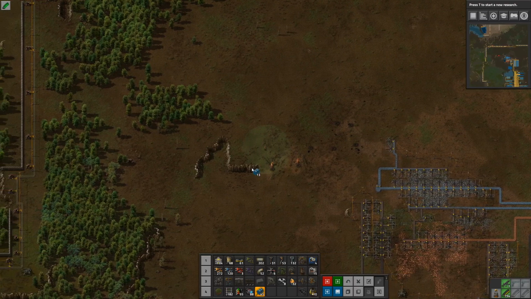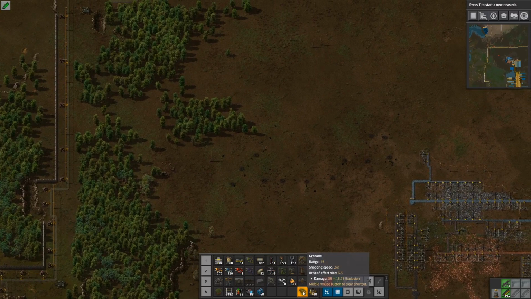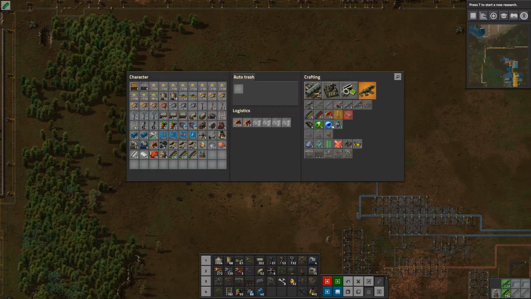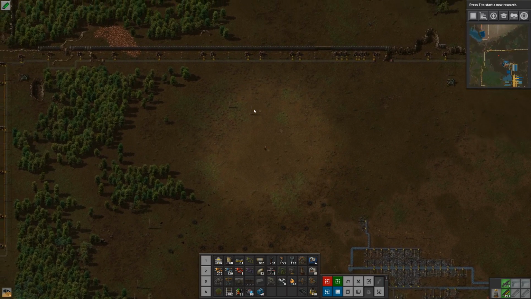We are going to remove this. There we go. We have absolutely no normal grenades. No, not good. Let's make the 4 we can make, so now we can